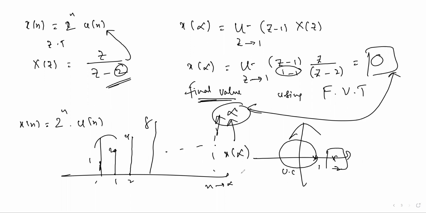If you apply final value theorem by mistake, you will get an answer without any disturbance, and that answer also will be in the question paper options. Definitely they will give one option out of A, B, C, D. That option is what you get with the final value. Fine. So remember this point carefully. Before applying final value theorem, check whether all poles are within the unit circle or not.